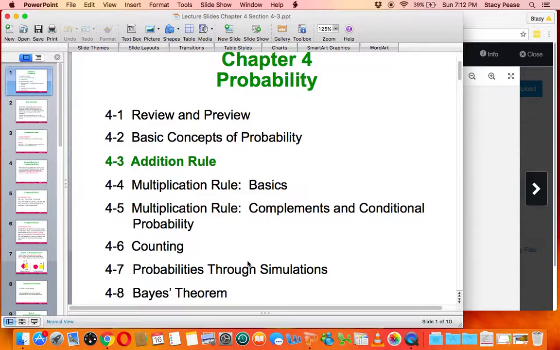Okay, that ends section 4.3 on the addition rule. Up next, section 4.4 on the